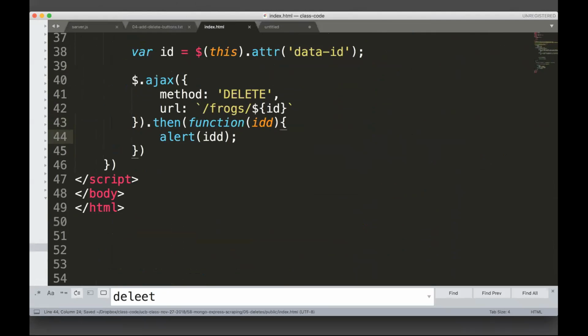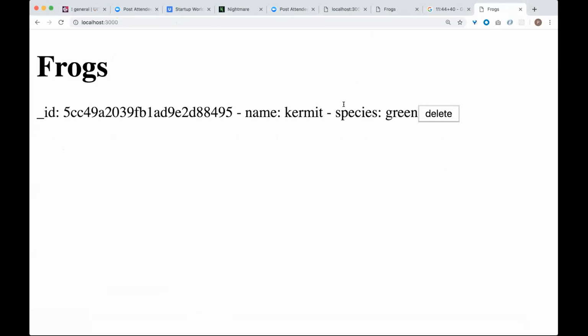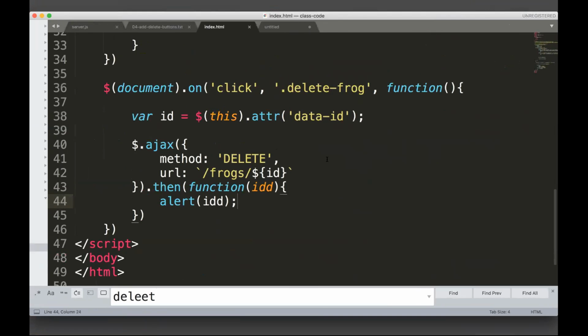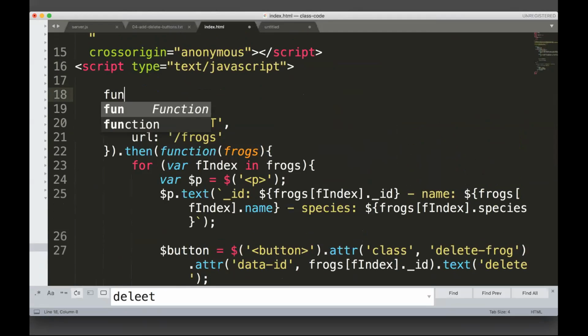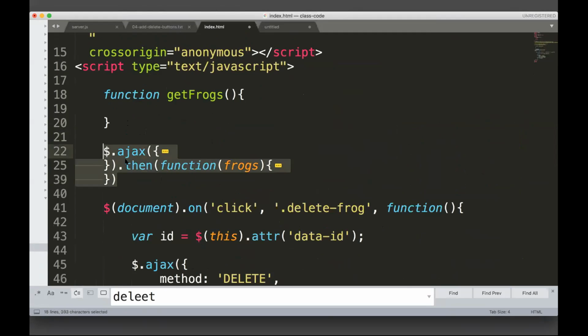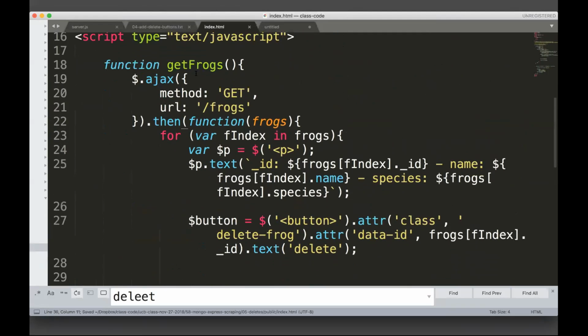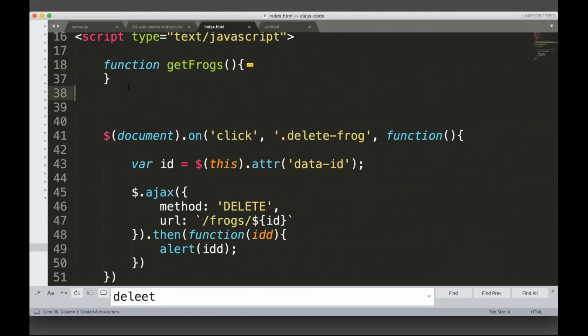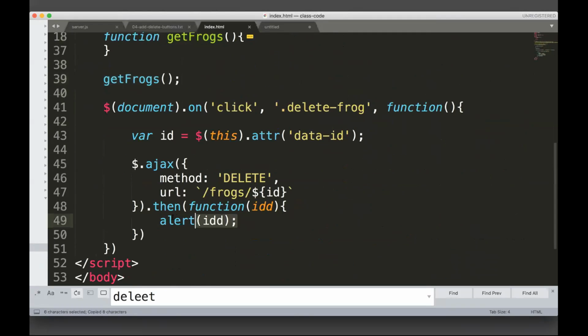So let me see if it actually works or not. All right, so we'll delete this one. It deleted Frank. If I refresh the page, now Frank's gone. But I don't want to have to refresh the page, right? So what I'm going to do over here is put this into a function, get frogs. And then cut this and put this over here. Call this get frogs function when the page loads. And also call it